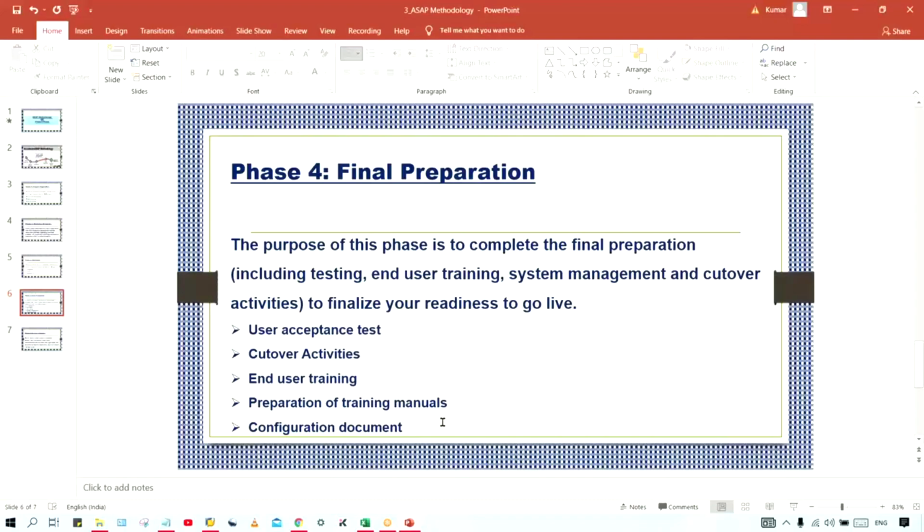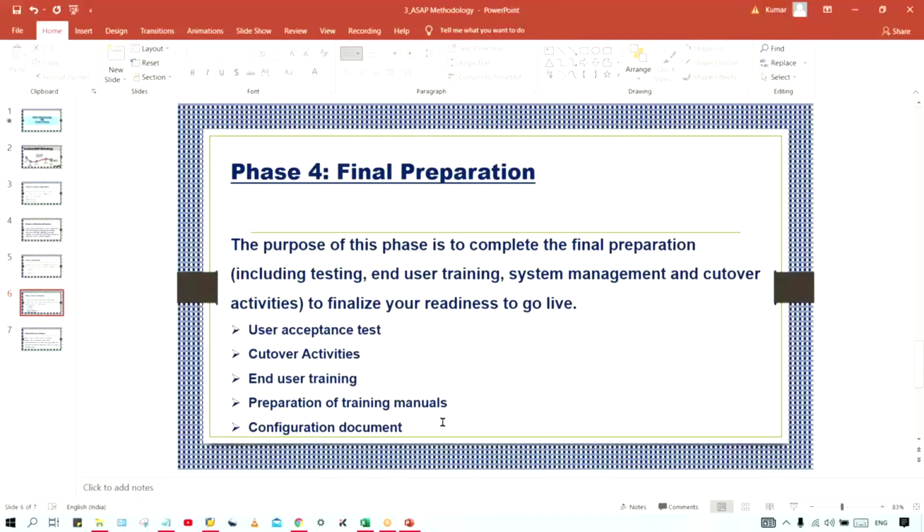We have done this implementation for those people, and they have paid for it. So whichever documents are prepared, all of them are supposed to be handed over to the client only, because that is totally saying that this is yours, you take it. So the configuration document also is supposed to be prepared.